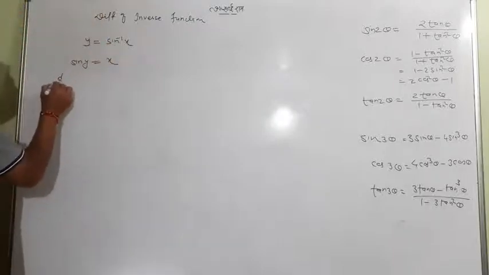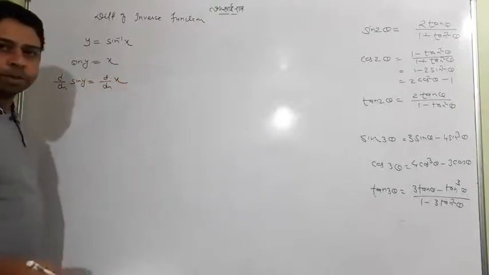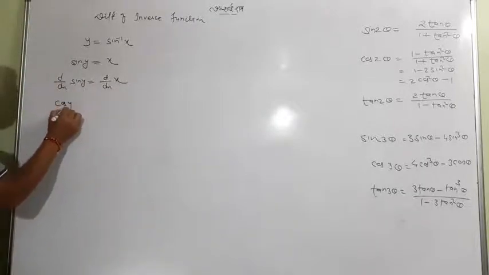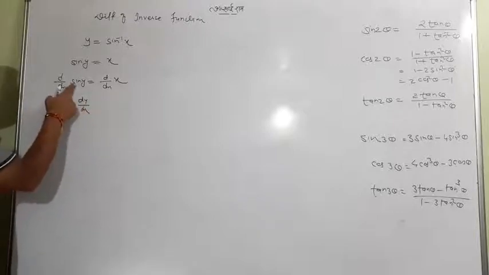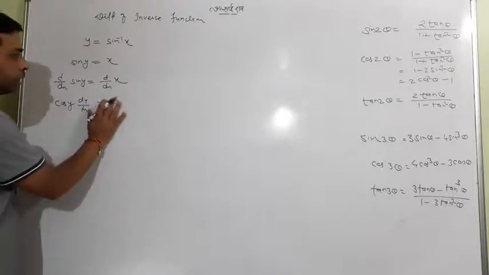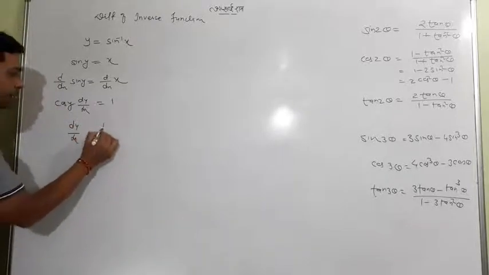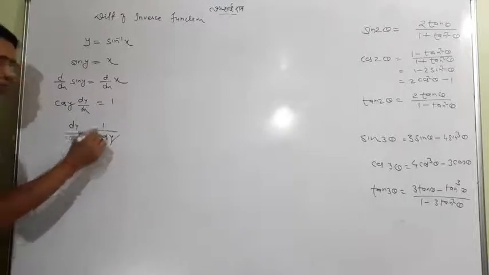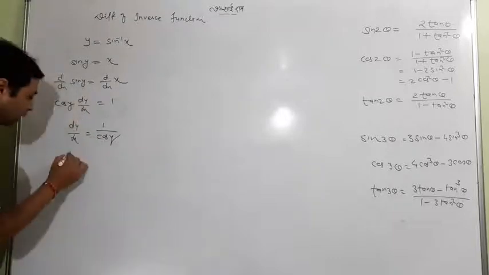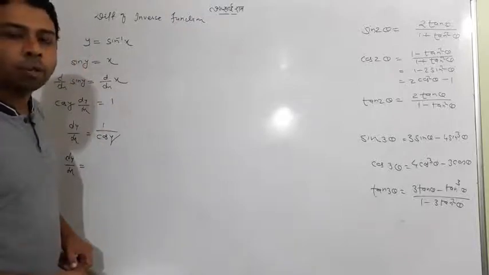Now differentiate both sides with respect to x: d by dx of sine y equals d by dx of x. Very simple. Now what about here? It's two functions, sine and y. So sine y will change to cos y dy by dx, because sine y differentiates to cos y, and y will again be differentiated. And d by dx of x is 1. Then what we want to find, dy by dx, comes out as 1 by cos y. One can write sec y, but I won't write it. I am going to tell you one more important thing. The answer came in the form of y. I want my answer in the form of x.